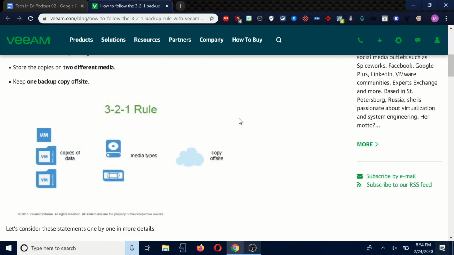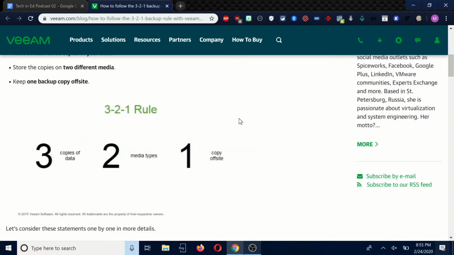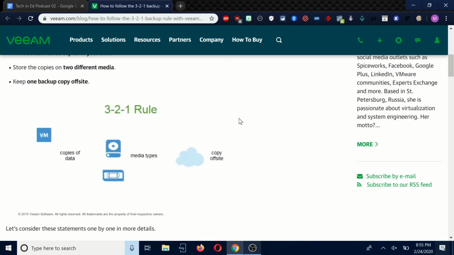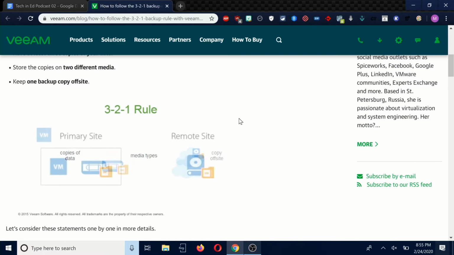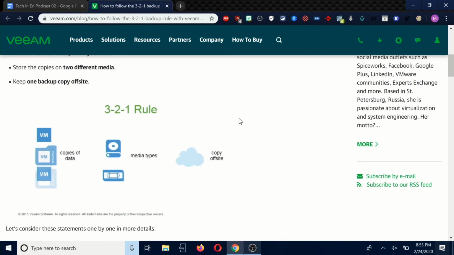So there's just an article that I found from Veeam, and it explains the 3-2-1 rule. It's saying you should have 3 copies of your data. So you have your local copy, then you have 2 different backups, and they should be on 2 different media types. That means if you're storing them on hard drives for your initial backup, your second backup is maybe a disk, or something along the lines of SSDs. There's a couple different storage types that you can save on, and one of them should be stored off-site.